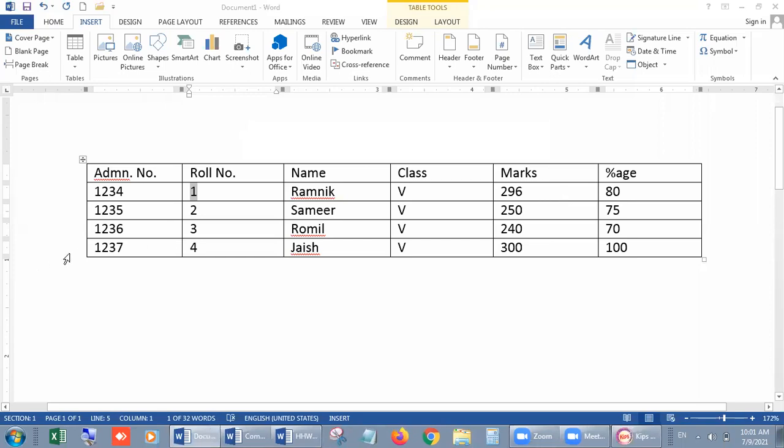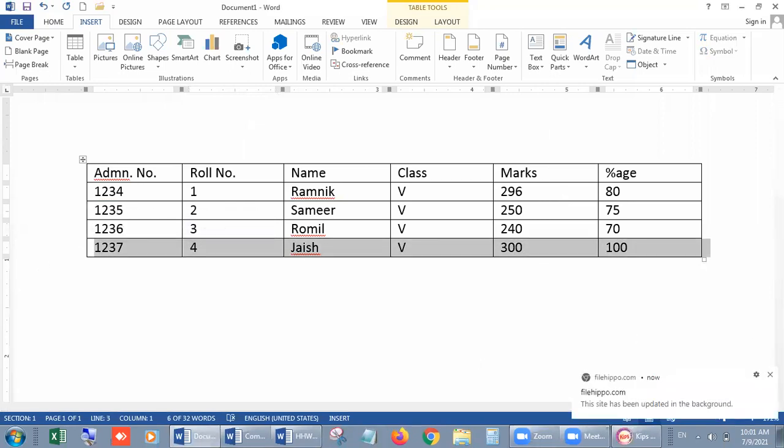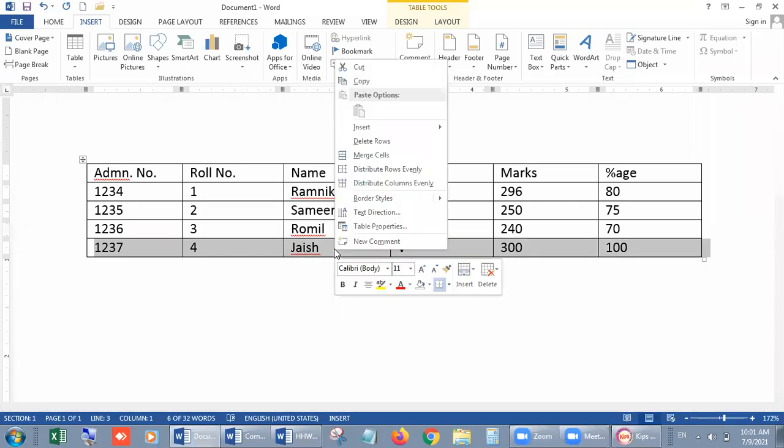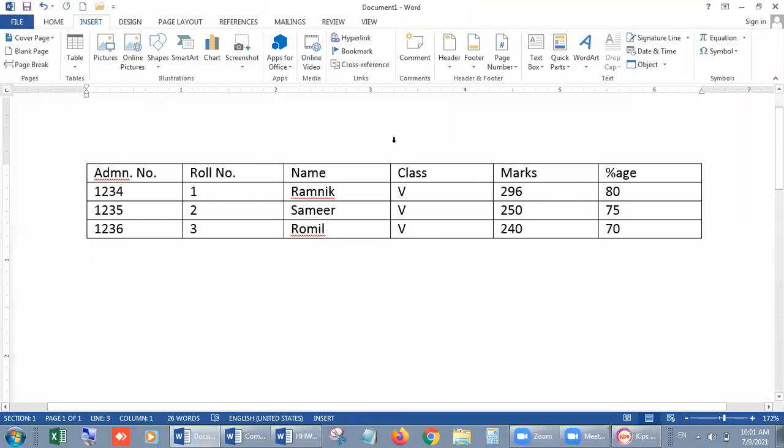Click on it, select it, and after that right click on it in the same way and choose delete row. It's quite easy. Delete row like this, and the data will disappear.